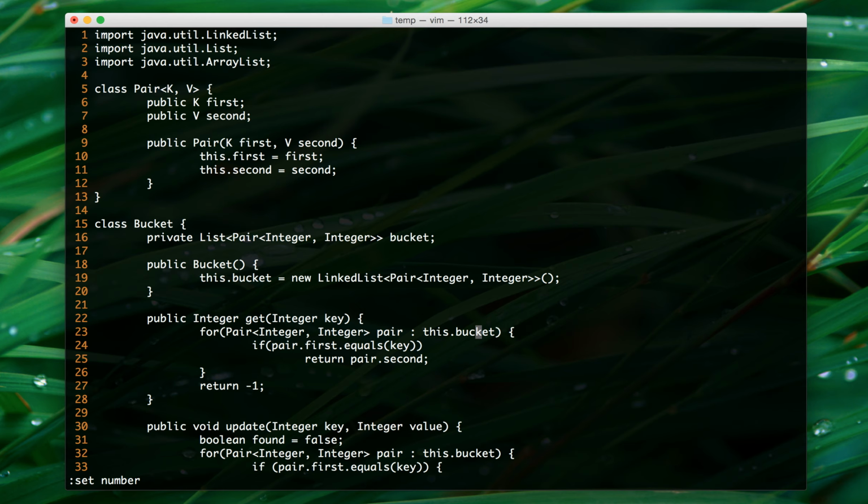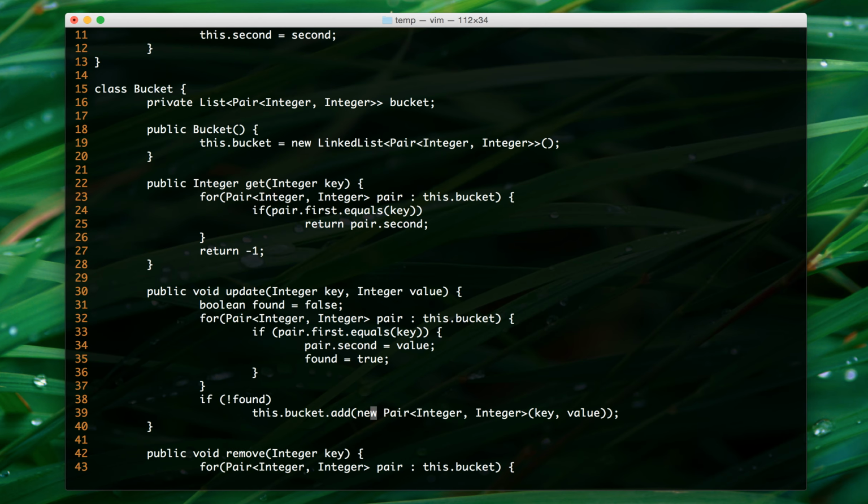Okay, in this linked list we check pair.first, because a pair has first and second. If first equals the key passed, then we return pair.second, the second value. We found it, so we return the value corresponding to that key, otherwise we return -1. Okay, and then in the update, similarly, update also first we